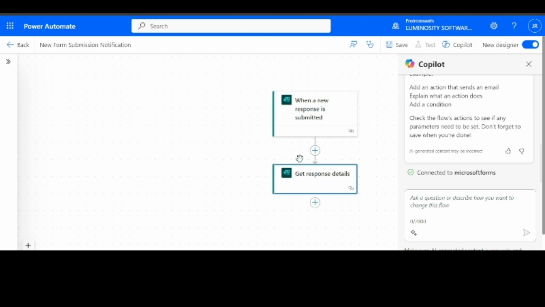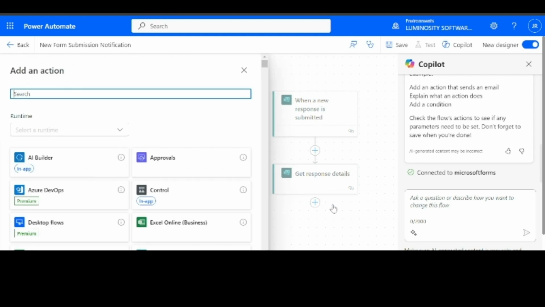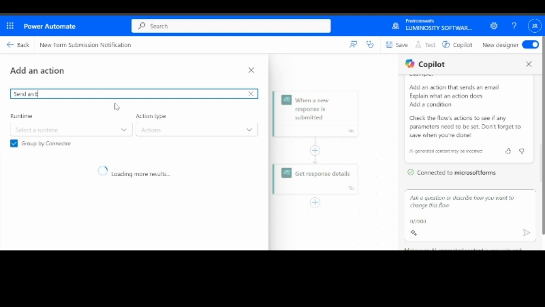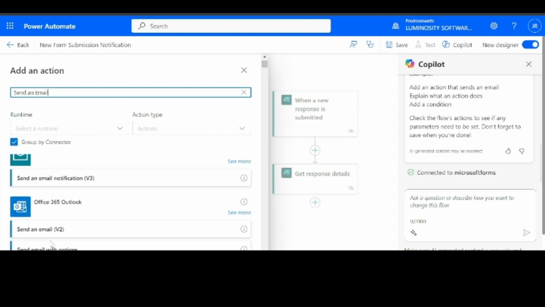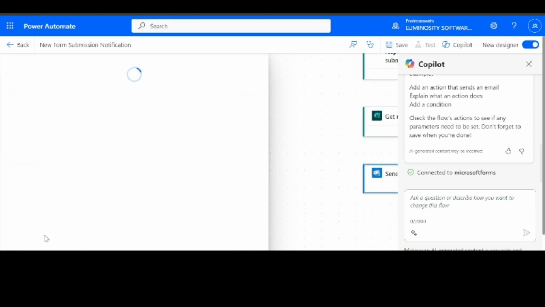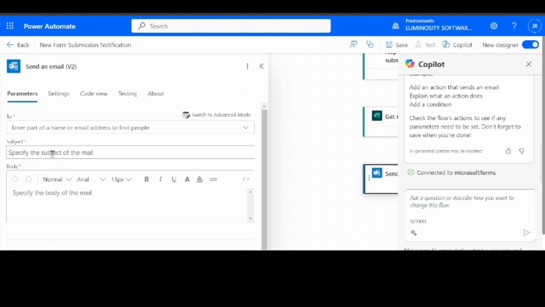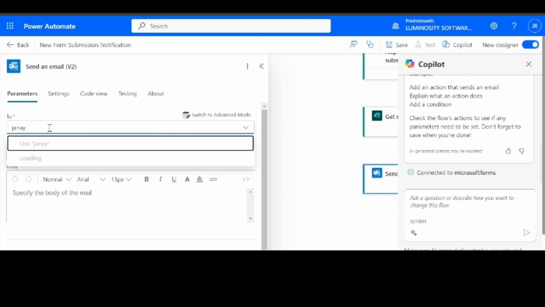Now let's set up the notification. Click on add an action again and choose either send me a mobile notification or send an email. In this case, we'll be using send an email, and we'll be sending an email using Outlook. Here it is. You can set up who you want to send it to. In this case, I'll send it to myself,